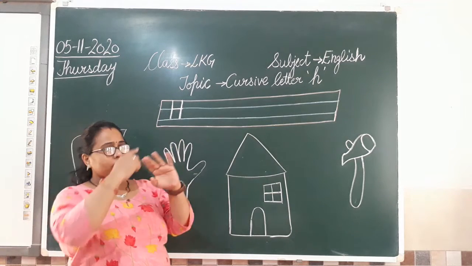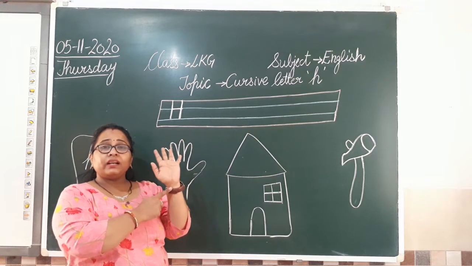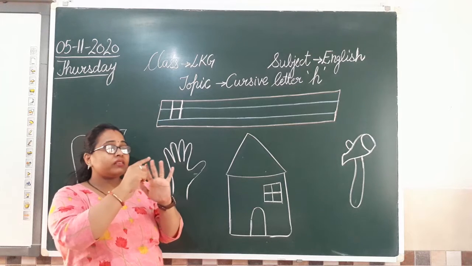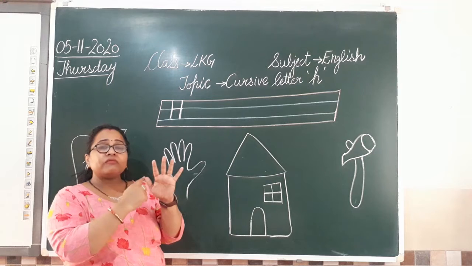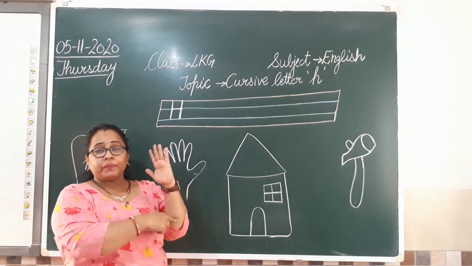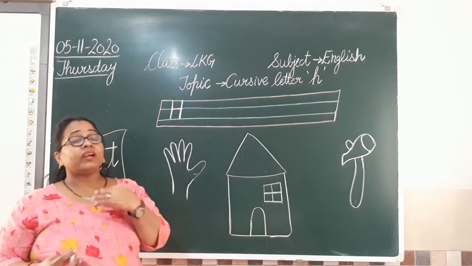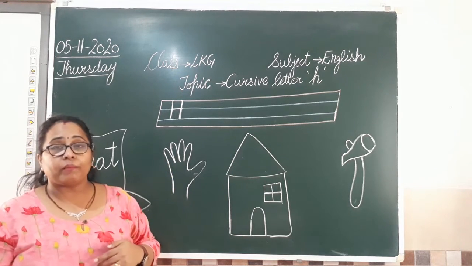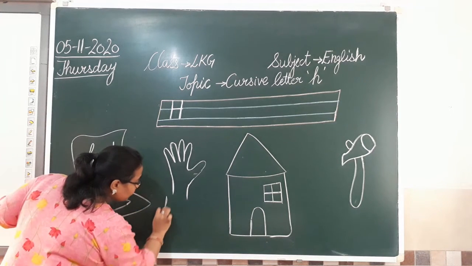Now, moving to the next picture. What is this? What do we call it? It's a hand. Yes. What we call a finger, if we count 1, 2, 3, 4, 5. So these 5 are fingers. But if I talk about the whole, ye pura, what is it? It's a hand. So when we are spelling it, when we are speaking it, again listen carefully to the sounds that are coming. What am I saying? Hand. So I am writing that here.